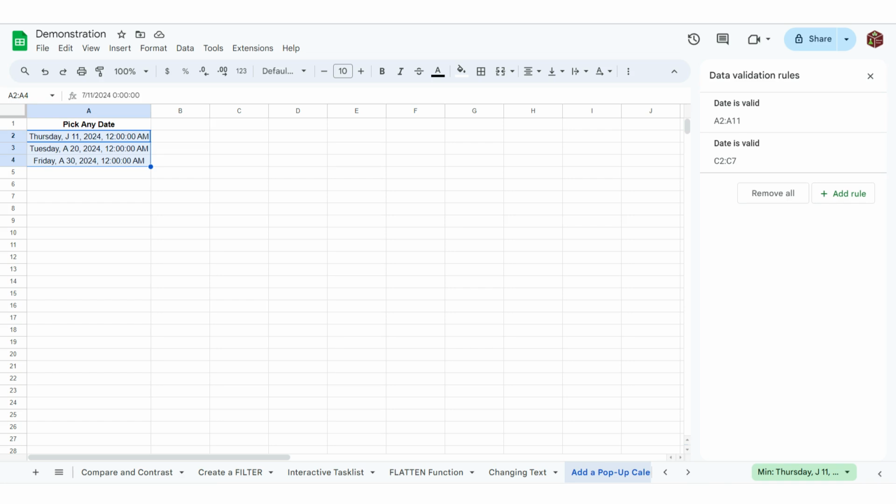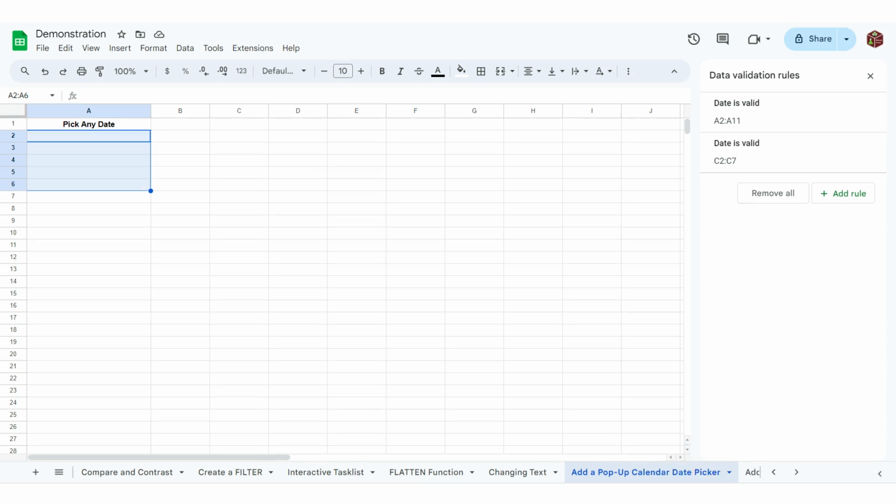Finally, if you want to make it extra clear that you need to double-click the cell in order for the pop-up calendar date picker to appear, select the relevant cells, click Insert and Note. Then write a message that will show up if someone clicks the